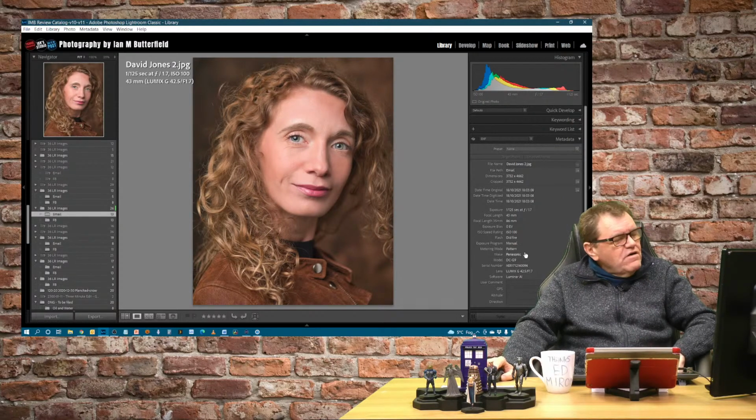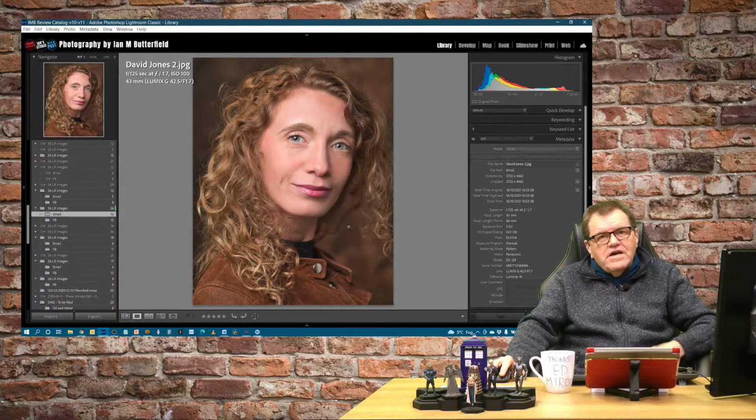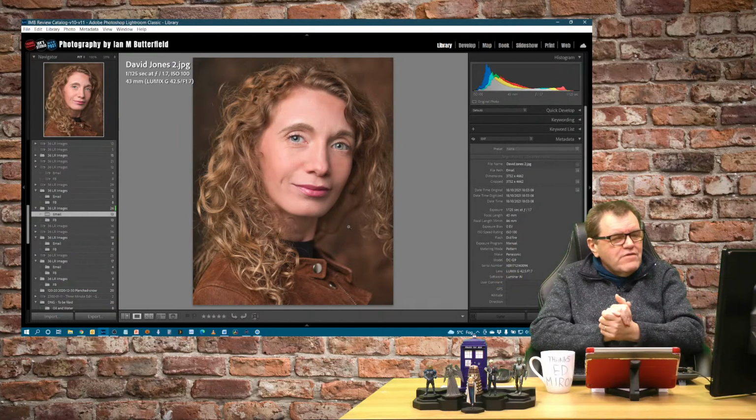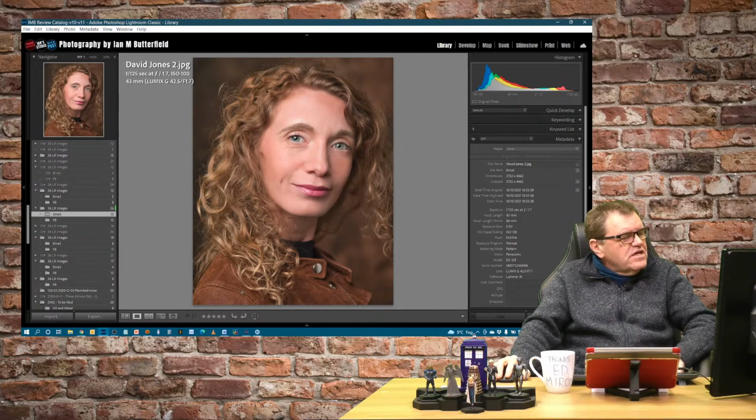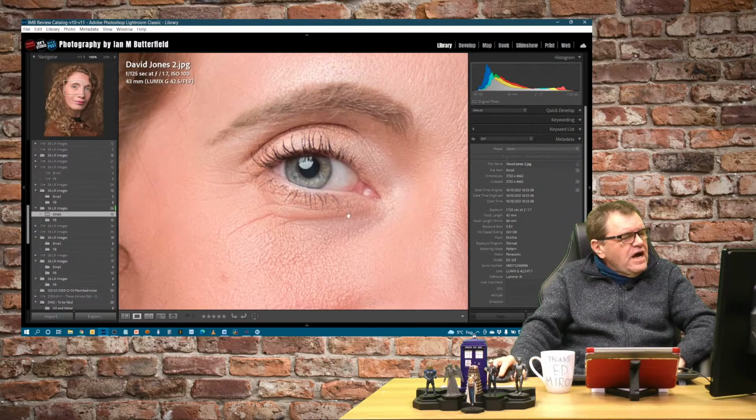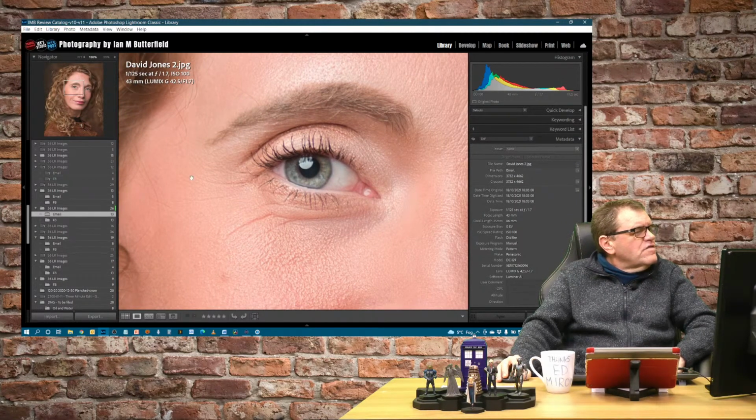Now, I did give some feedback on this on Facebook, because he'd also posted it there. The first thing to say is I really like the brown tones. I'm a big fan of shooting, if somebody turns up wearing brown, you shoot them on a brown background. If somebody turns up wearing white, you shoot them on a white background, that sort of thing. So he's kept that, and that works nicely with the subject's hair. The light brown colour on there, nice catch lights, and yeah, pretty sharp on that.